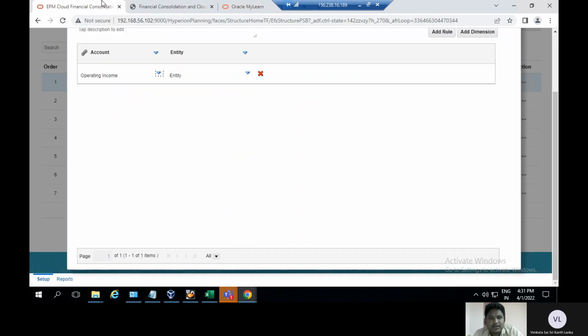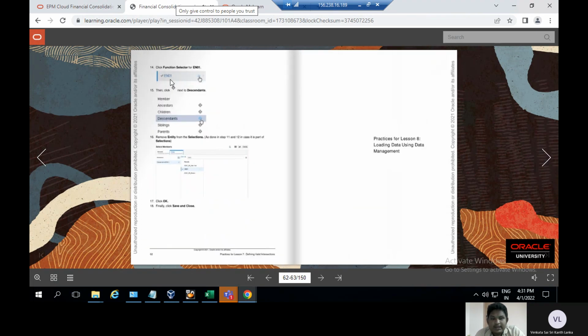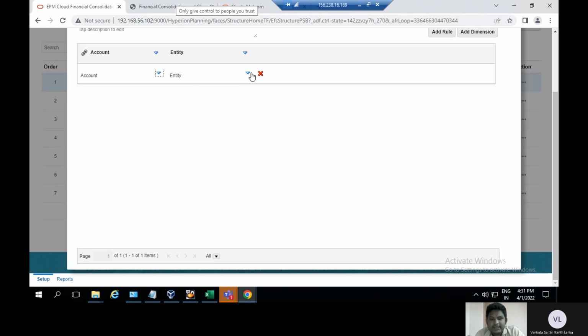Okay, and then financial, and now go to the entity tab and search for EN01. Under the EN01 function selector, select EN01, and click the descendants. And after the entity selection, remove one, and also the entity